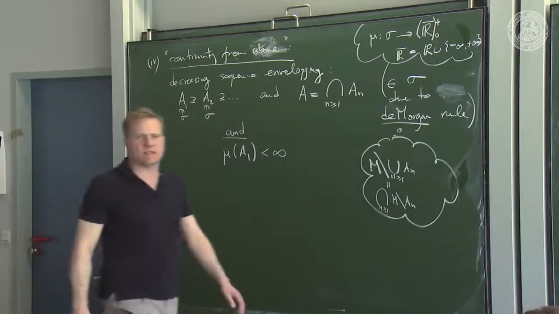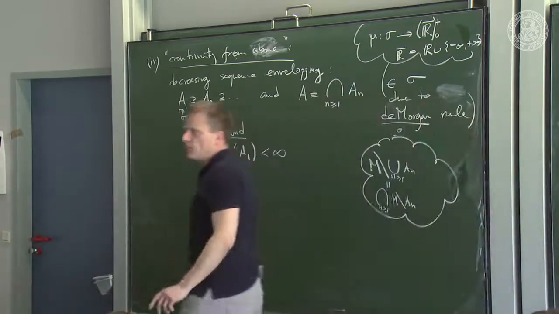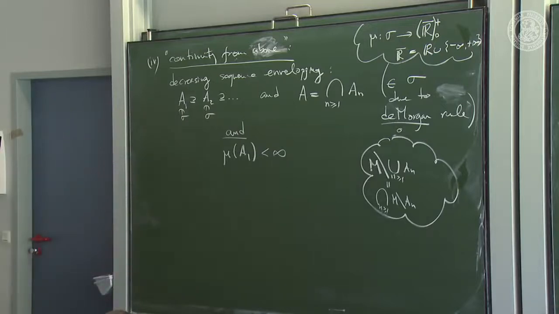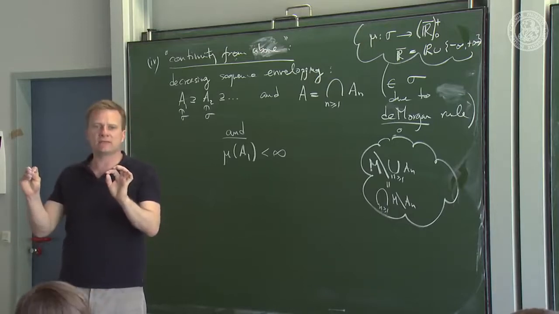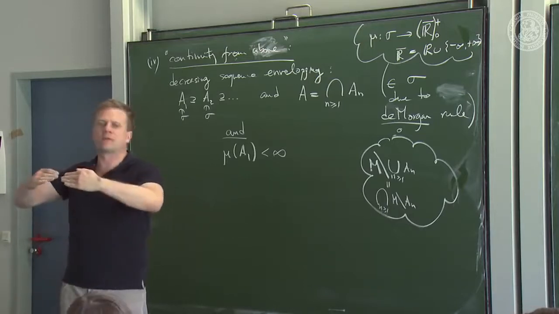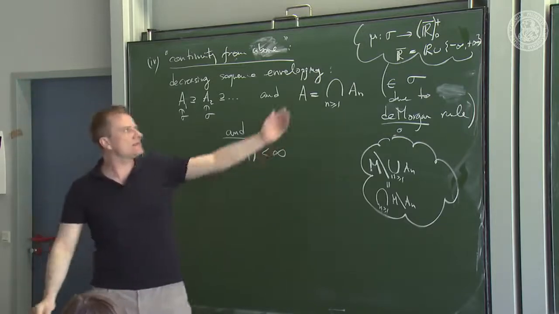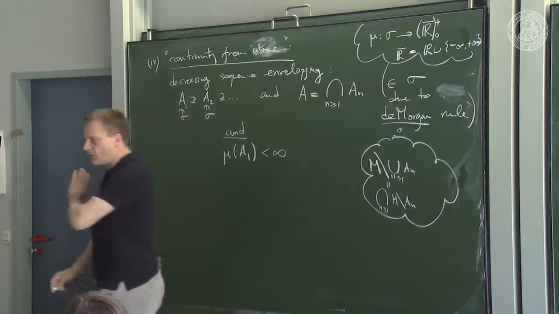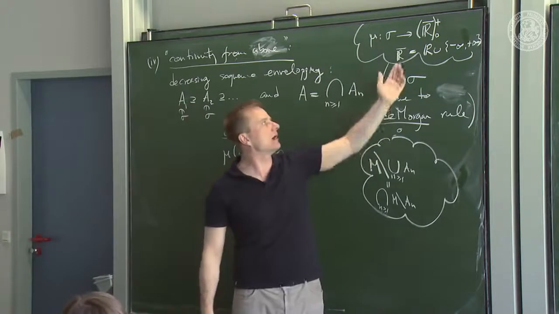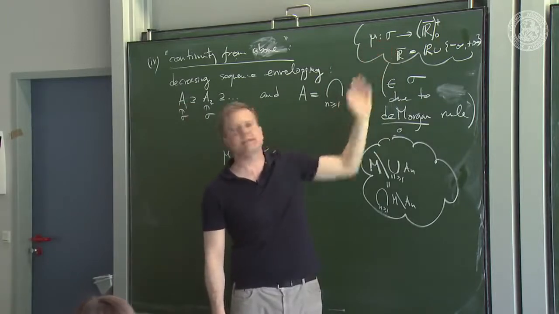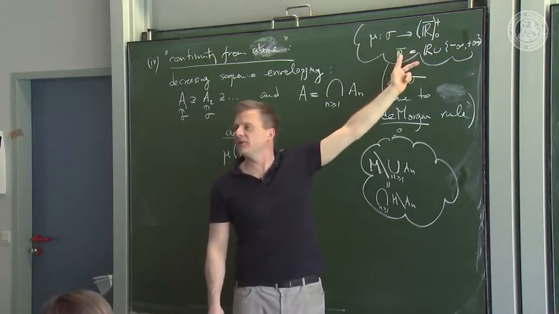Then you say, well, that's silly. Didn't we learn in school we shouldn't do that? And rather, if something takes infinite values somewhere, we should rather take that point where it takes infinite values out of the domain, right? Isn't that what you do with 1 over x, the function 1 over x? You define it on R without the 0 so it doesn't take infinite value. Well, that's the alternative to that. You say, no, I want to keep my domains untouched, in this case what the sigma algebra is, what a measurable set is, but I allow for the value infinity.